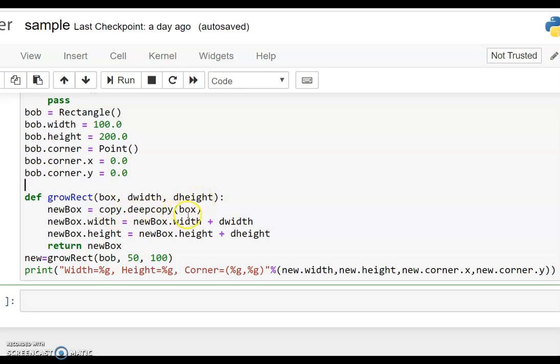We're just copying everything into a new one and then modifying that with the new dimensions of the rectangle by using the object of the new one which we have created. Each instance of the width and the height we are updating with the new width and height, and here we are going to return the one which we have created now.